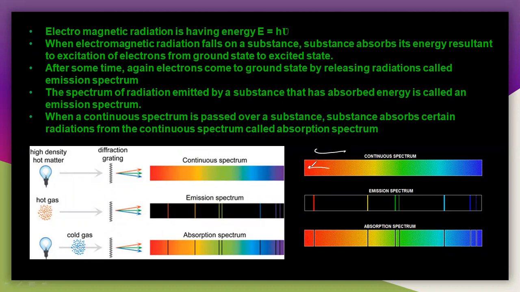The red color is mixed with some yellowish color, and yellow is mixed with orange color and green color, and this green color is mixed with blue color. So this violet, the pale blue, is mixed with thick blue here. So you will get the continuous spectrum. This is called continuous because this red line goes continuously up to here. So that means there is no fixed end for this particular red color.